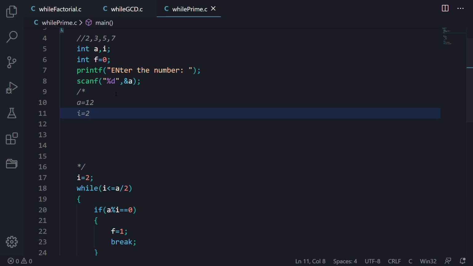Now again, take an example of an odd number, let's take 9. If we divide it, what we will get? It will get 4, because we are using the division symbol, not the percent symbol. Here also after 4, none of the numbers will divide 9.